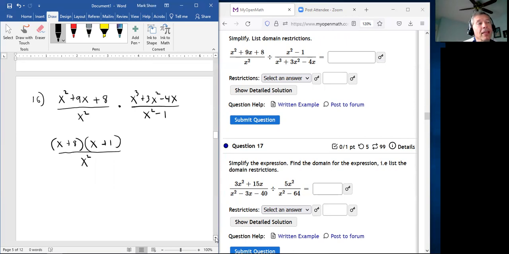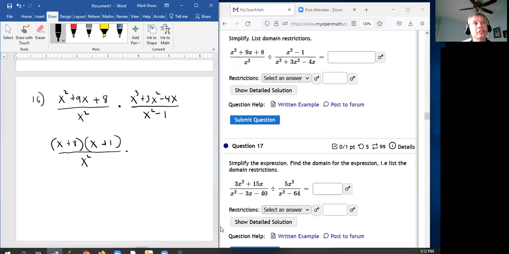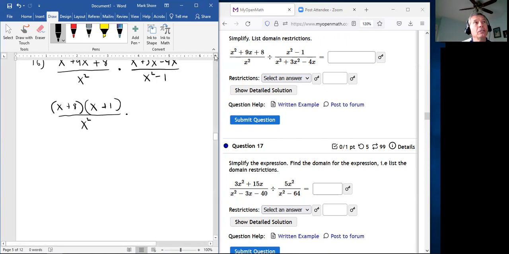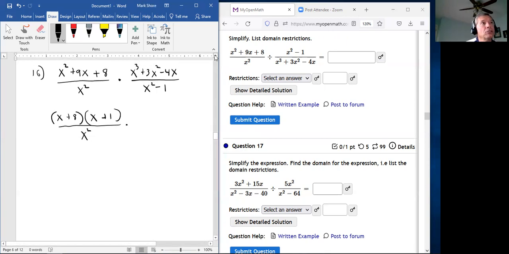Over here, this one does have a common factor. Here, I'll do this one. It's a little bit harder. So both of these on the right, especially the top one, are a little bit tough. So this is just my scratch piece of paper here. The first thing I noticed with this x cubed plus 3x squared minus 4x is that it does have